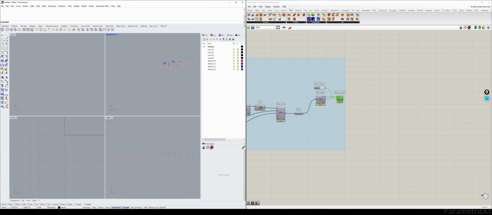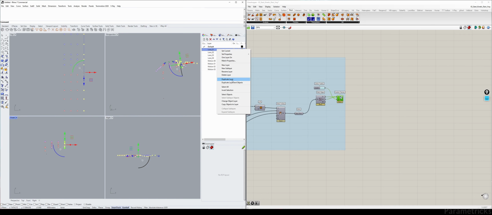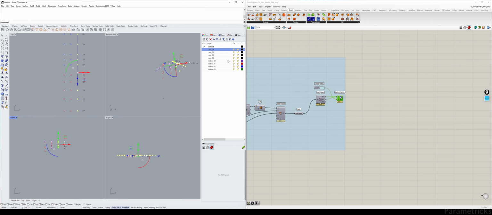What I want to do is sort these into these lanes instead of what I had before. So let's say select objects, change the object to that layer, and then we'll change this one here,